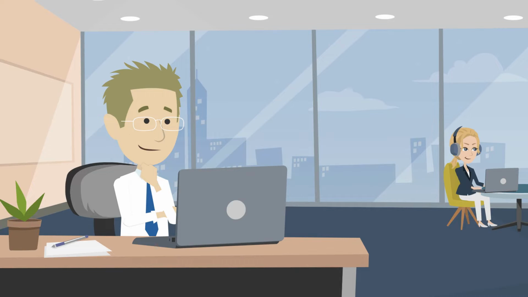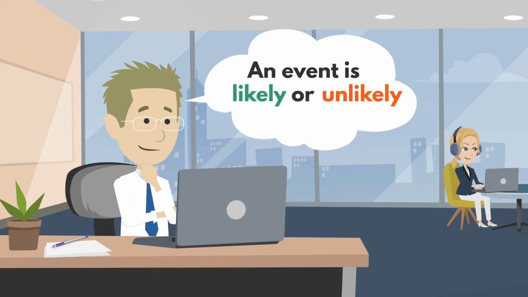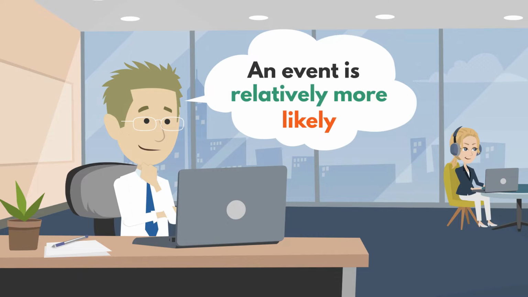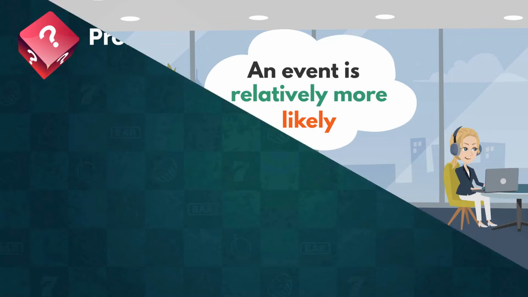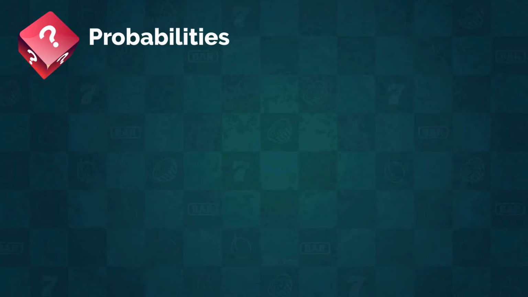When dealing with uncertain events, we are seldom satisfied by simply knowing whether an event is likely or unlikely. Ideally, we want to be able to measure and compare probabilities in order to know which event is relatively more likely. To do so, we express probabilities numerically. Even though we can express probabilities as percentages or fractions, conventionally, we write them out using real numbers between 0 and 1. So instead of using 20% or 1/5, we prefer 0.2.